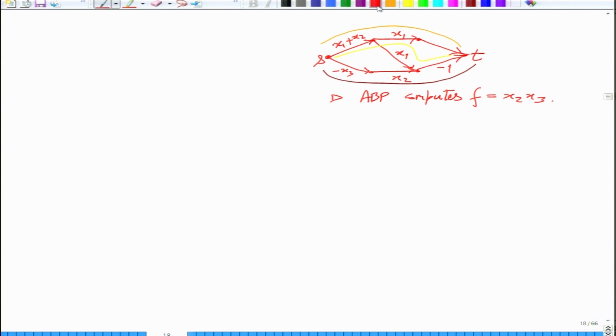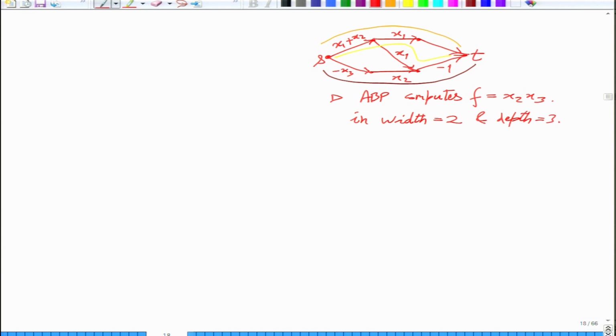So this has width 2, and depth is, so the longest path is length 3, so depth is 3. Size, you can see, just count the number of edges, vertices, and how many variables there are. So the sum will give you that.